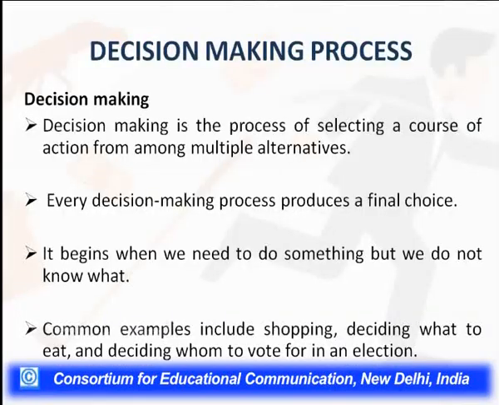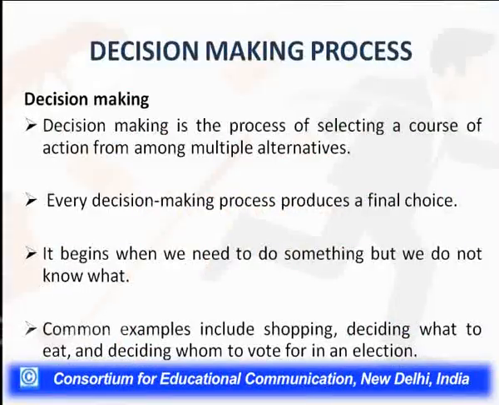For example, when you go shopping, you have so much choice, the consumer choice is so much, so you are lost whether this will suit me or that will suit me, or whether I should buy this or that. So again, when you have ample choice in front of you, decision making becomes a problem. Deciding what to eat is also a problem. Deciding whom to vote for in the electoral process is also a problem when you talk about the elections. So under this backdrop, we have understood what a decision making process is.